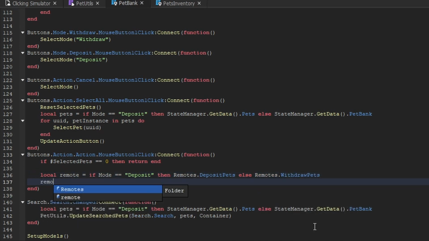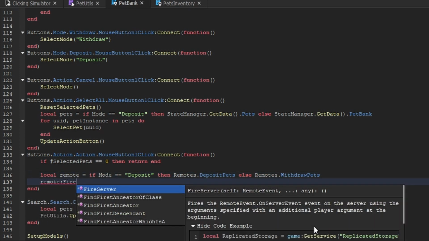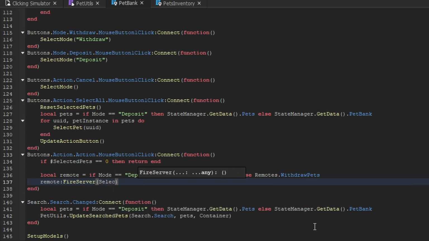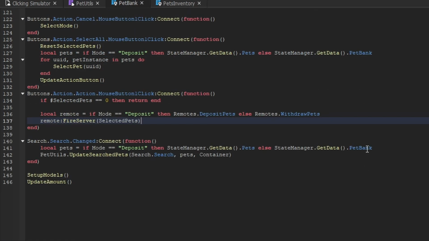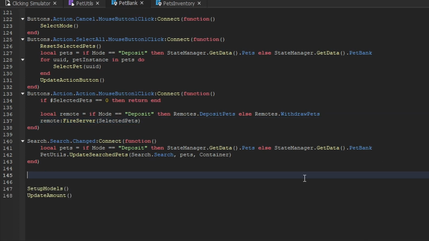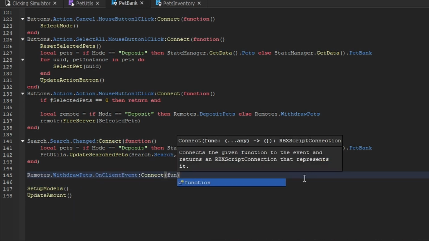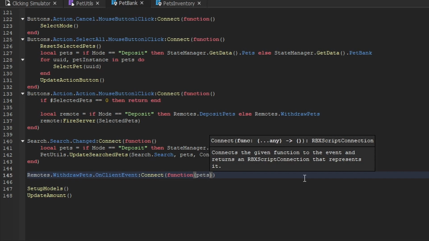And now that we figured out which remote we're going to use, what we're then going to do is call fire server, and we're going to pass through all the pets that we have selected. So now that we're able to tell the server, hey, we want to deposit or we want to withdraw these specific pets, the next thing that we have to do is listen to those remote events that are going to be fired back to us so that we can update the GUI. So below our search bar logic, we're going to say remotes.withdrawalPets.onClientEvent, and then we're going to connect that to an anonymous function,